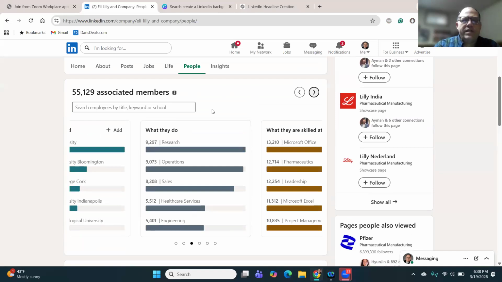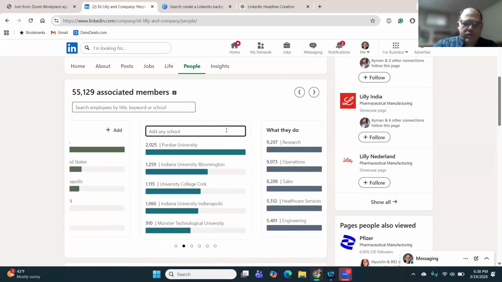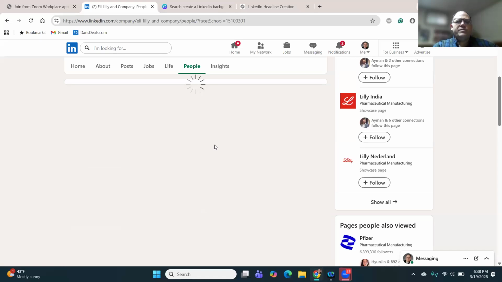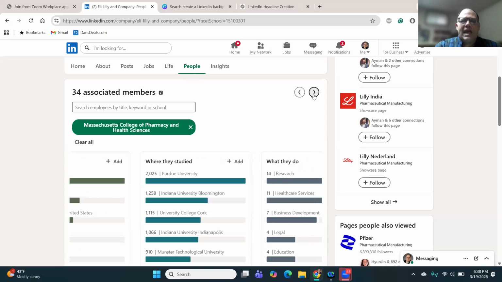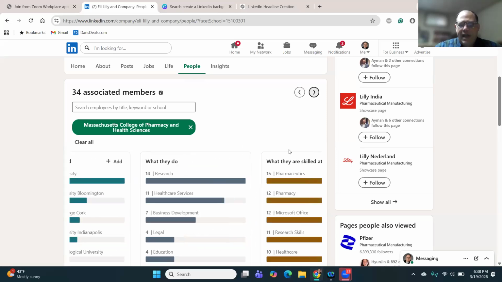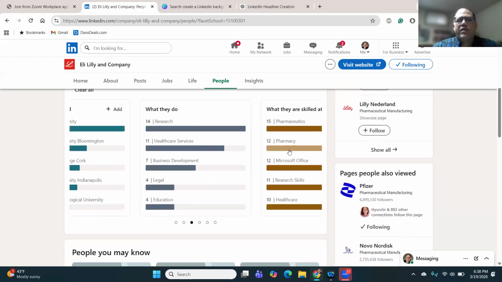another thing you can actually do here, is search based on your school to see what it is that got people at your school hired at those companies. So I'm going to put in Massachusetts College of Pharmacy and Health Sciences, and it's going to show me the skills here that people that work at that company put down that they have, and these are the things that got them hired. Again, pharmaceutics, healthcare, and it could change based on that. I usually tell people if you're interested in 4 or 5 companies, try to triangulate around different things that give you a better idea of what got the people there hired.